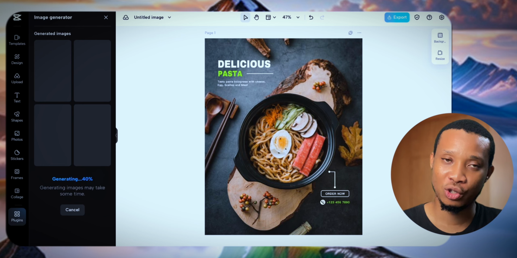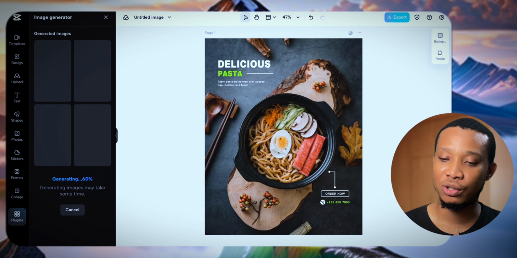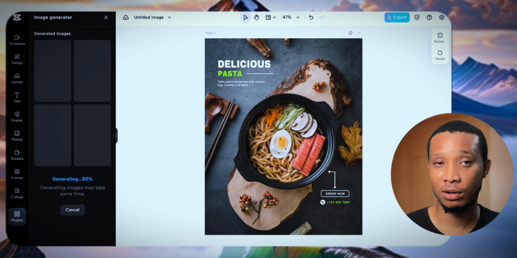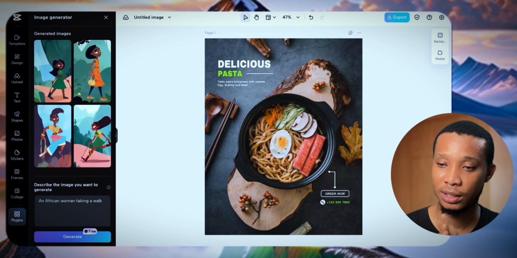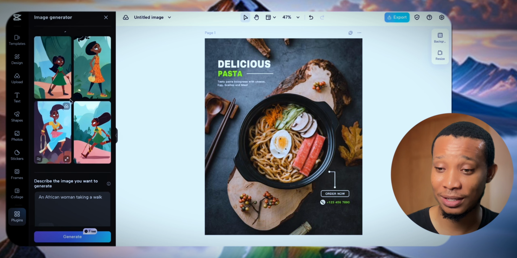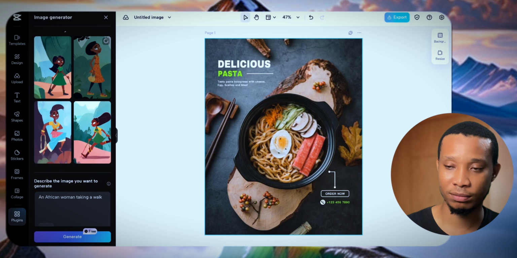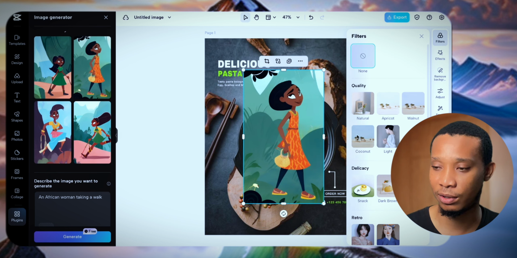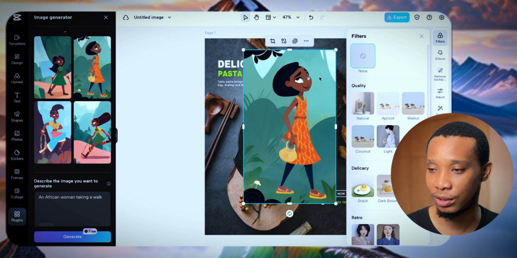So what you're essentially telling me is that the feature that you need to pay for on Canva, CapCut is giving it to me here for absolutely free, right? And here we go. You see, I have my beautiful cartoon style of a girl walking. So let me pick this up and add it into the design. Although, I mean, this has absolutely nothing to do with the design, but I'm just saying this for experiment purposes.